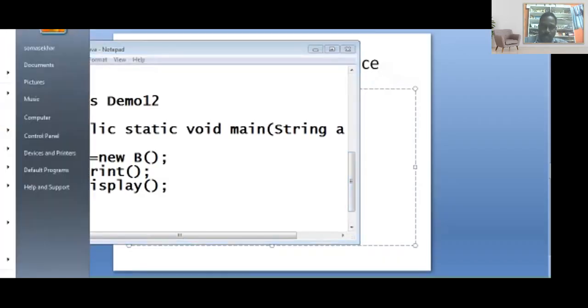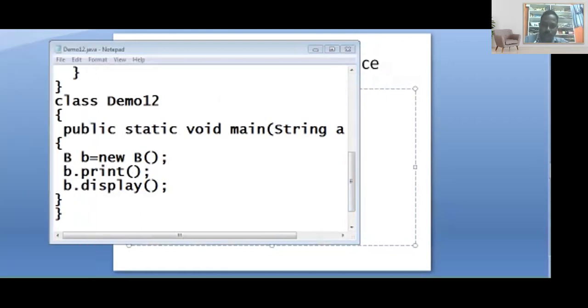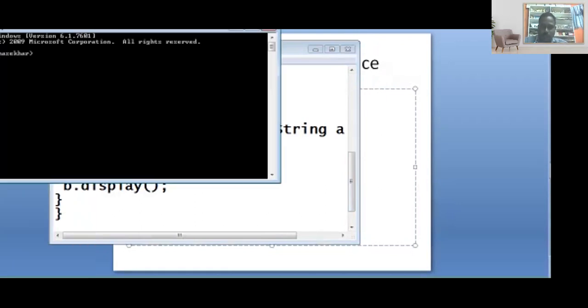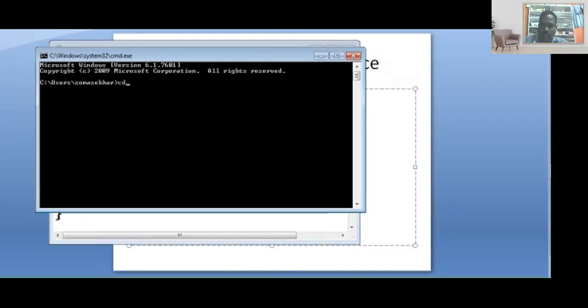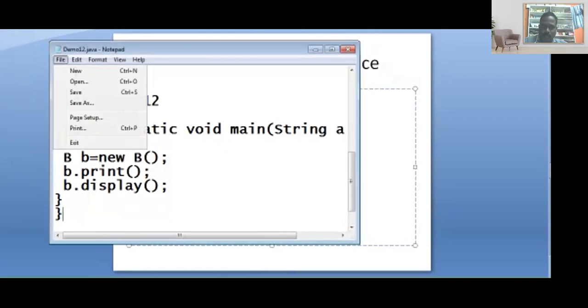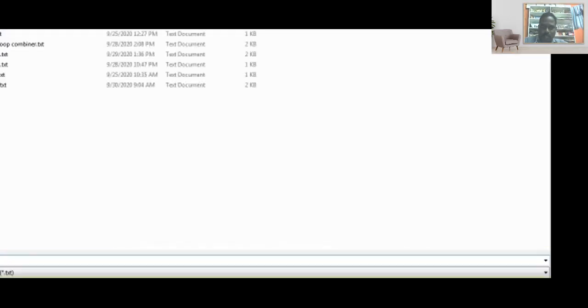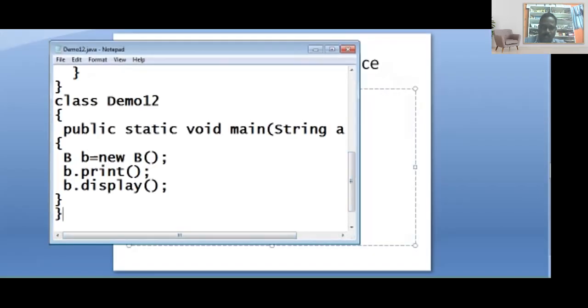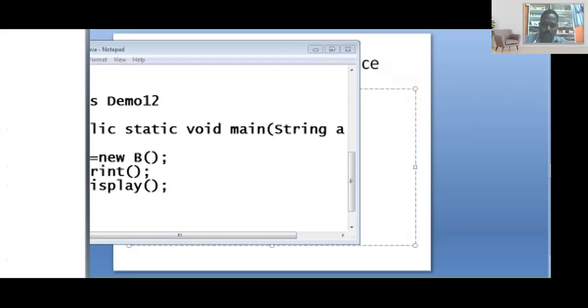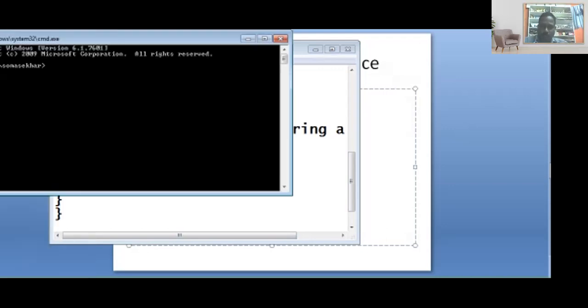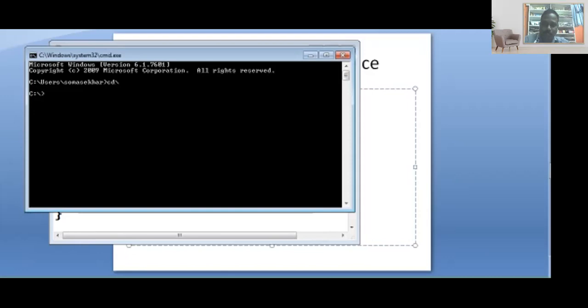Then I'm going to open the command prompt, cmd. Sorry, I don't know where I saved. Save as. Okay, it was there. cmd. I'm going to compile the code here. cd.